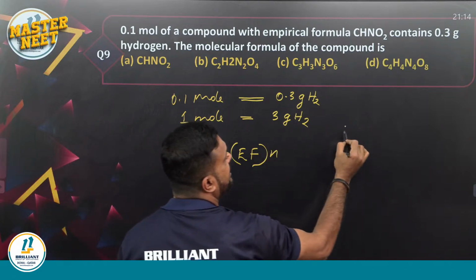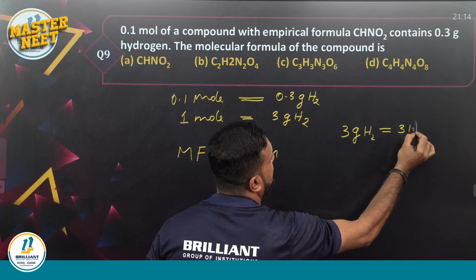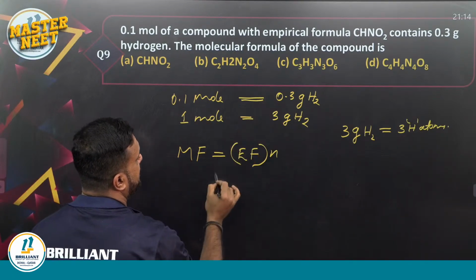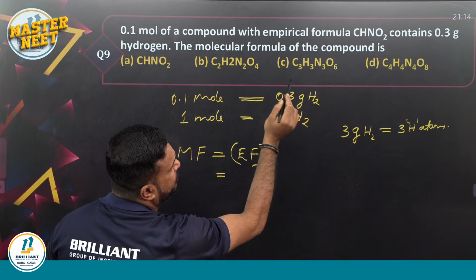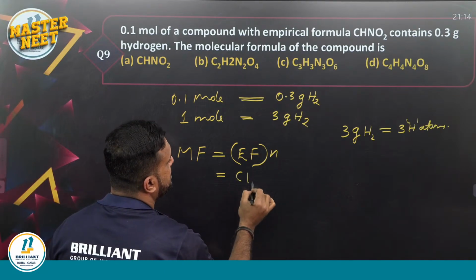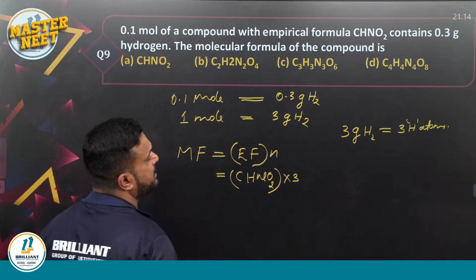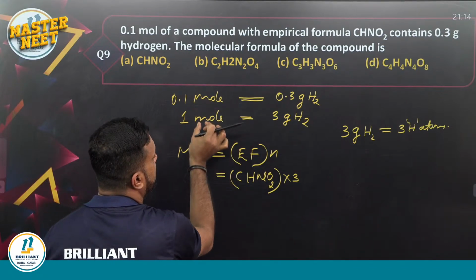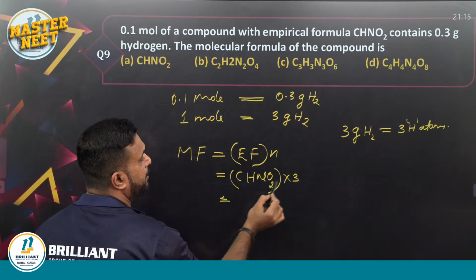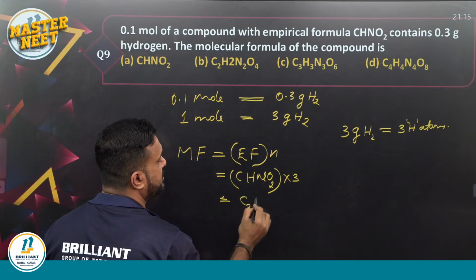3 gram hydrogen means it should contain 3 hydrogen atoms, because 1 hydrogen is 1 gram. So in the empirical formula, actually how many hydrogen atoms are there? Only 1 is there. That's why we are going to multiply with 3. So CHNO2 is the empirical formula that should be multiplied with 3, because 1 mole means molecular formula. Molecular formula should have 3 hydrogen. So if you are multiplying by 3, it should be applicable for all the elements. So we will be getting